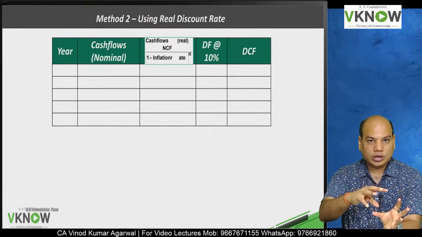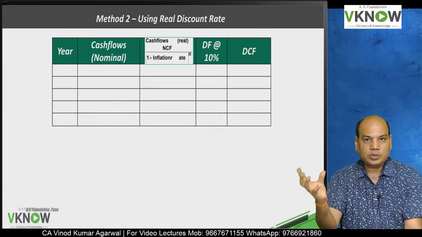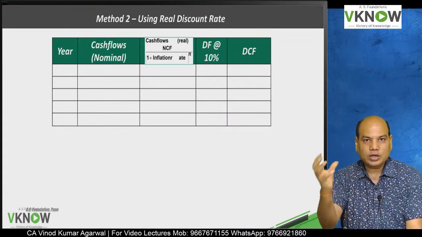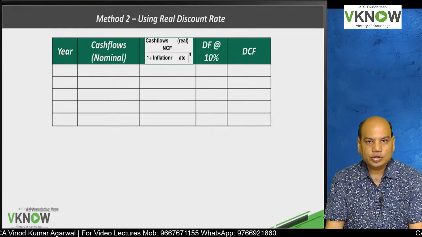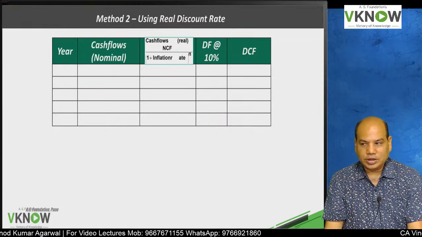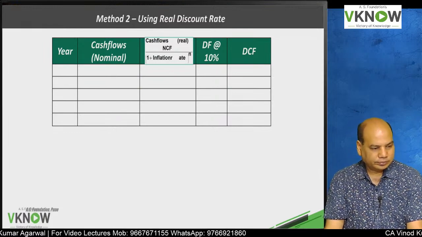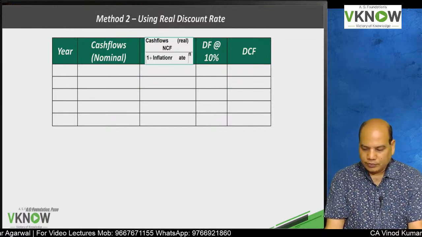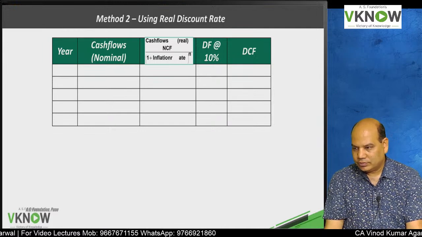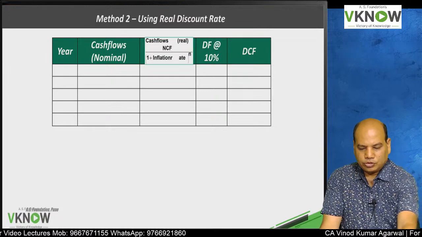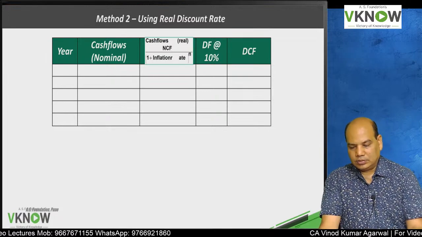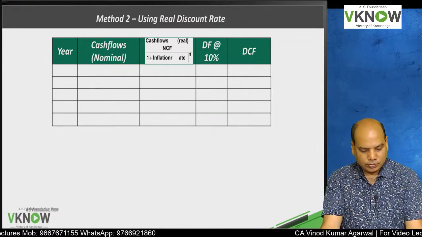Cash flows are nominal. Nominal cash flow will be converted into equivalent real cash flow. Real cash flow will be discounted using real discount rate. So please write. Format first: Year, cash flows nominal, then next column, cash flow real,